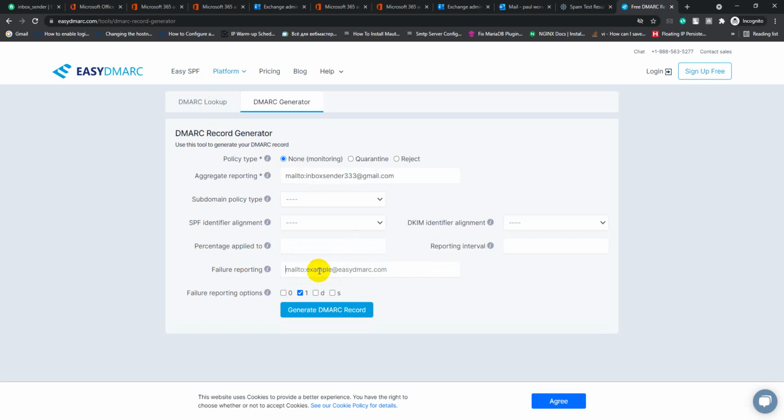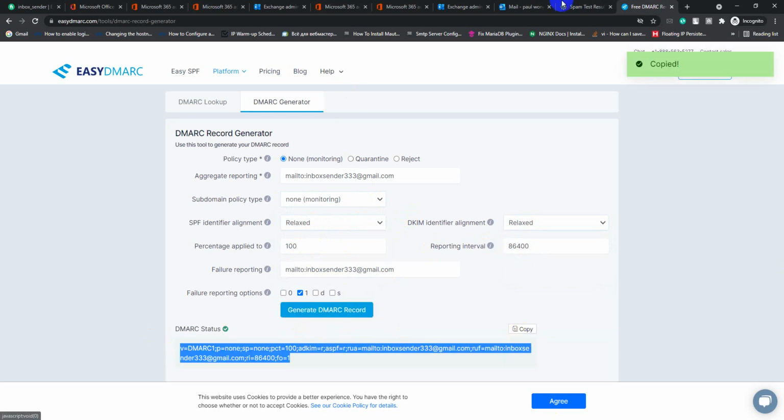Copy, paste. Subdomain policy none. SPF identifier alignment relaxed. Percentage applied to 100. DKIM identifier alignment relaxed. 86,400. Then click generate DMARC record.